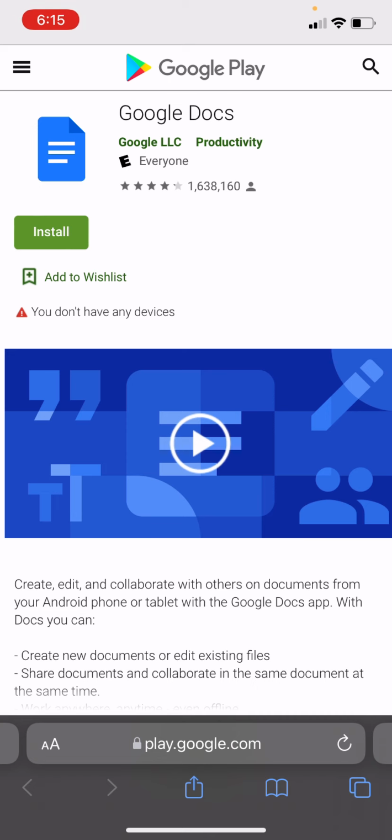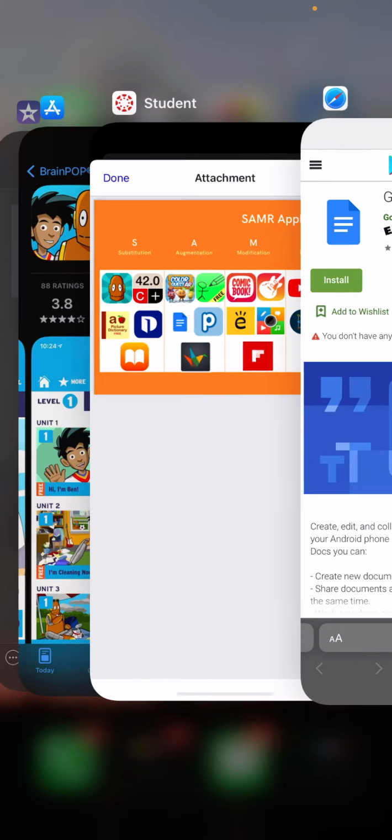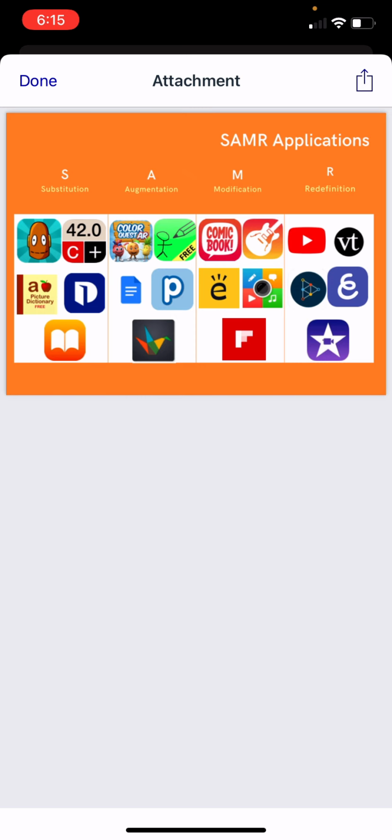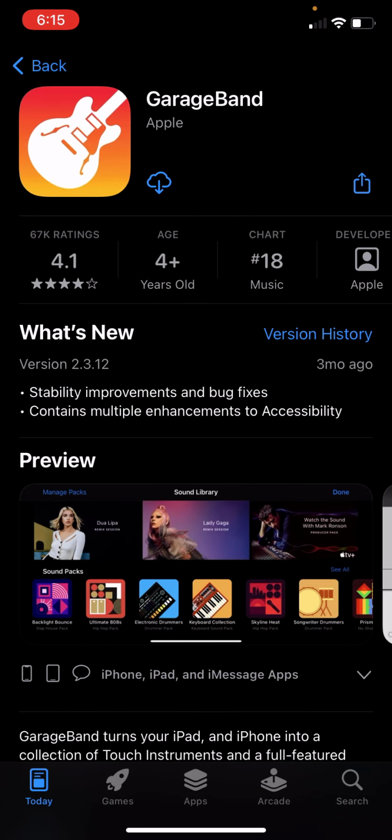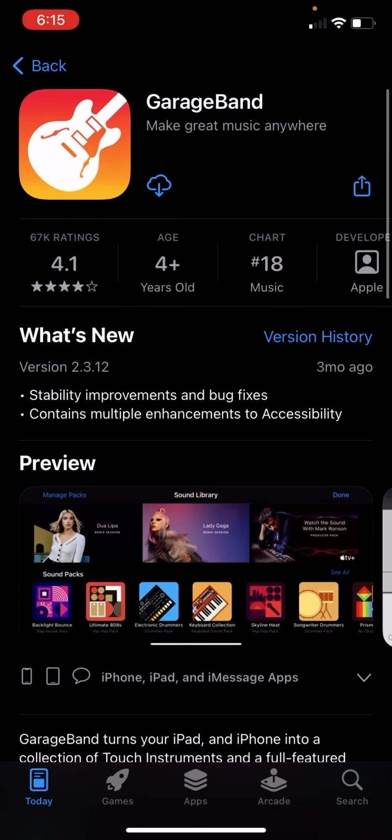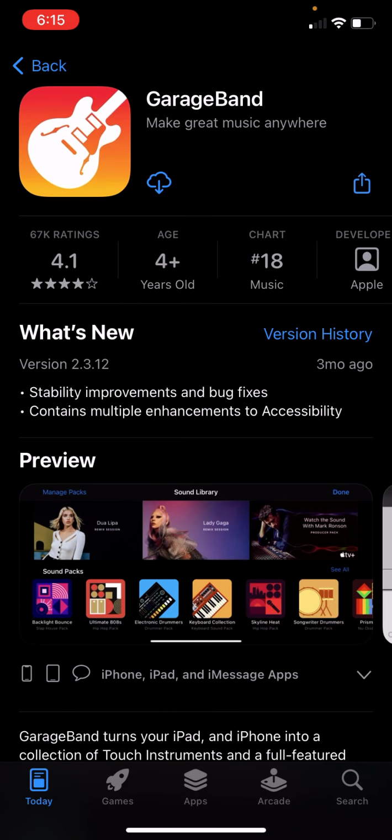If it was just substitution, you would just be writing down like it was a piece of paper. But with this, there are slight adjustments such as hyperlinks, comments, multimedia, as I mentioned before. So that's really helpful. Our next category is modification. So we selected GarageBand in this section. It is a different way of learning management.